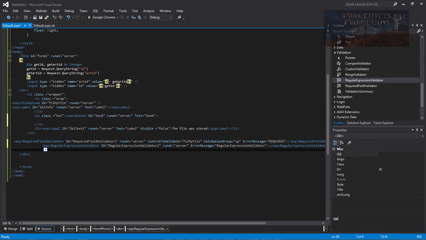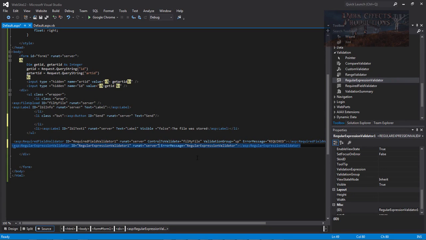Now we want to do our expression. So let's move this over a little bit. We want to type in basically the same thing as at our beginning. We want control to validate, and we want fill my file. We want to come out of that, and then go to validate group, and it's going to be up. And now on our error message,